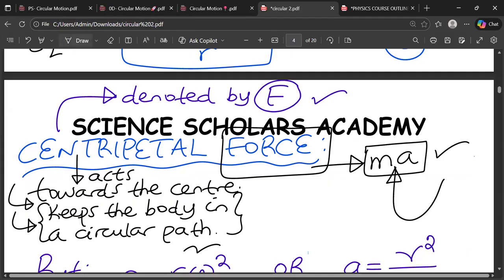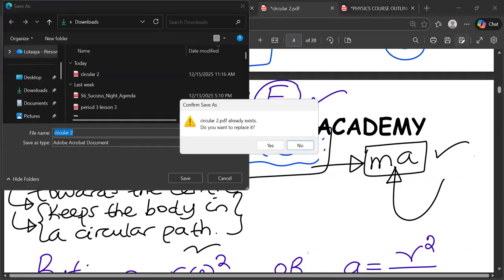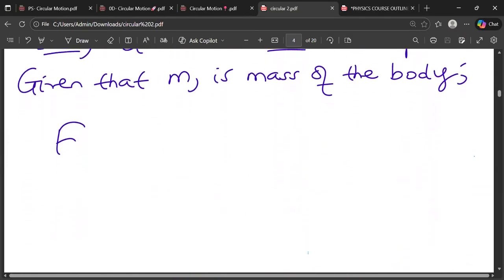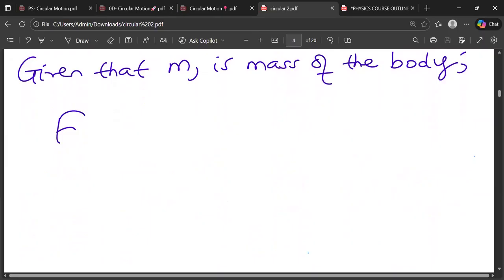There is one of my textbooks that I love most. They show centripetal force as capital F subscript C. But for the time physics has been marked, I've been just considering F, provided you're dealing with circular motion. When you say F, it is supposed to be that force that maintains circular motion, which is centripetal force. So F alone is enough. So you come and say, our F will be M times